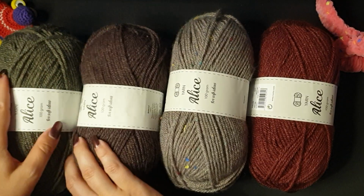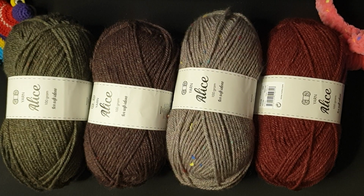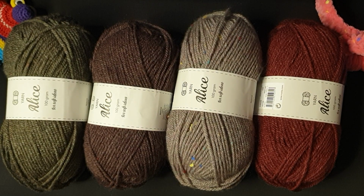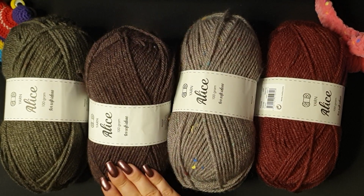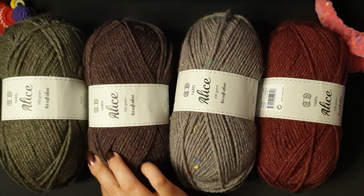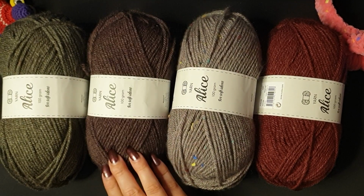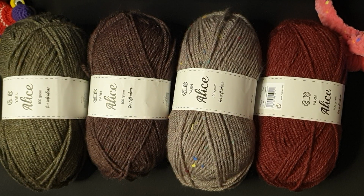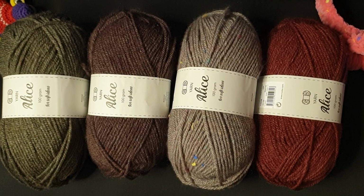You can probably see that better next to the gray, that it is more of a brown, but it's not a perfect brown either. Yeah, there are some purpley hues, there are some browns, it's a bit gray. For some reason it kind of makes me think of a rat, a little bit dull in the shade. But I just wanted to show you what was in the new stuff in my